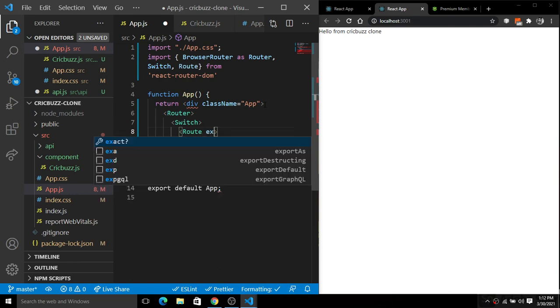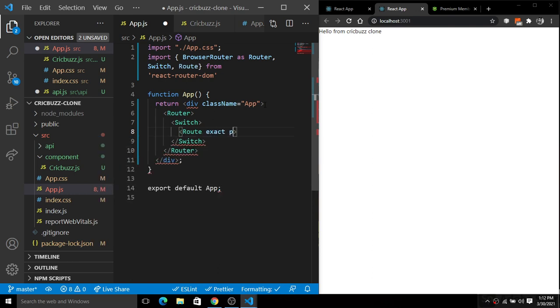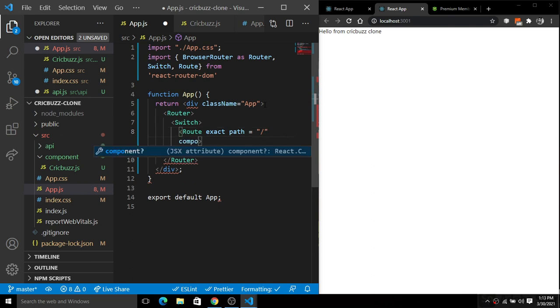Okay, so route exact, and simply give the path as home slash simple slash, and here we have this component. So for this component we have to simply give the component name here. So we have this ClickBuzz here.